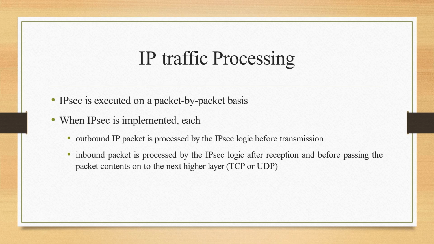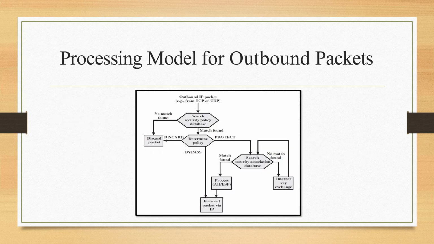There will be two situations. The figure shows the main elements of IP security processing for outbound traffic. A block of data from a higher layer such as TCP is passed down to the IP layer and an IP packet is formed, consisting of an IP header and an IP body. The following steps will occur. The first one is